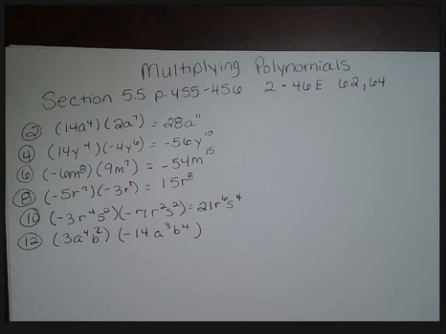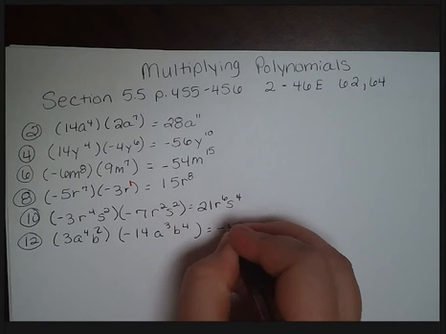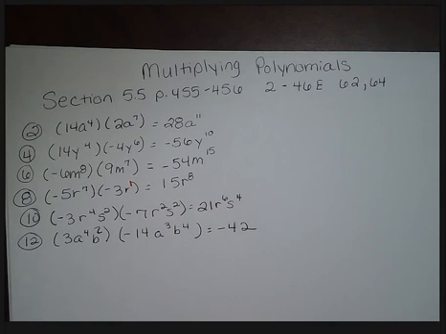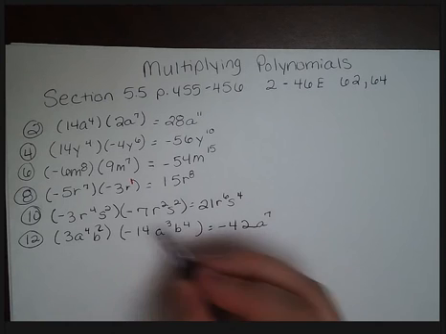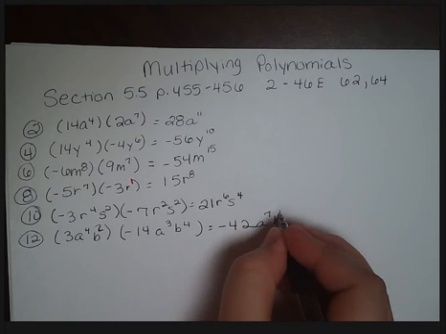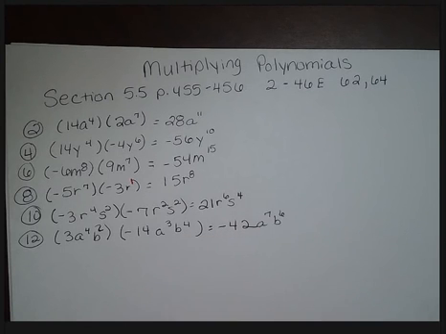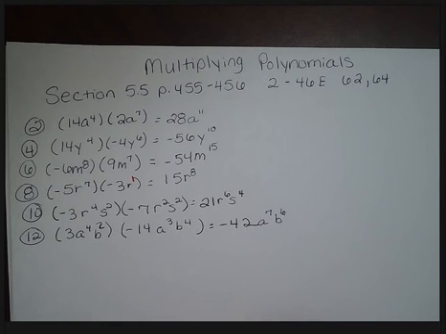Okay, so now we're going to multiply that 3 times that negative 14, which is going to give us negative 42. A to the 4th times a to the 3rd. So 4 plus 3 is going to give us a to the 7. And b squared times b to the 4th is b to the 6th. Okay. All right, so that's going to conclude the actual review portion